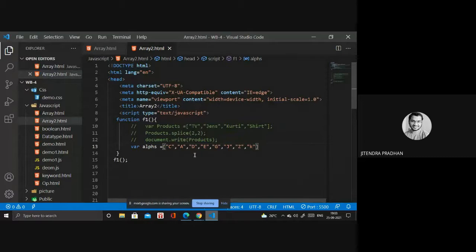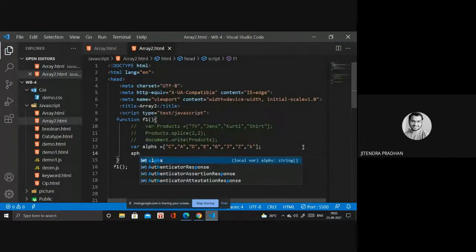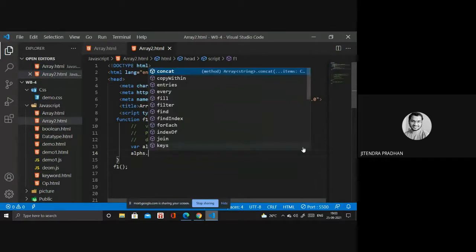Okay, so we have some alphabets there. Next thing you have to write is alpha.sort.